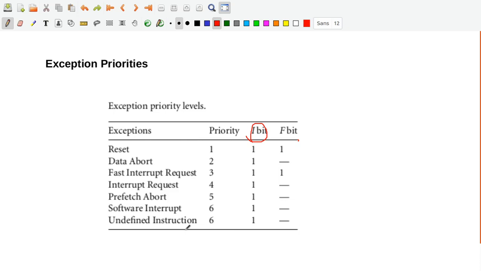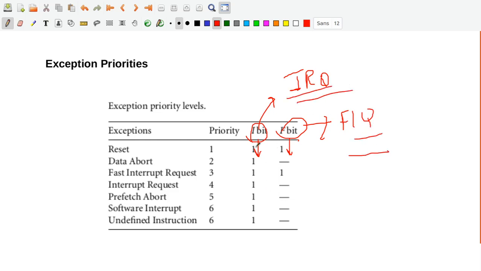Whenever a reset exception is raised, you can observe here that the I bit and the F bit are disabled. Whenever I say the I bit and the F bit are disabled, it means the I bit is set and the F bit is set. This means the interrupt request flag, IRQ, is disabled, and FIQ is disabled. Sometimes I might say disabling I bit and F bit, but don't get confused here. You are setting the bits, but you are disabling the IRQ and FIQ, the fast interrupt request. Those two you disable.